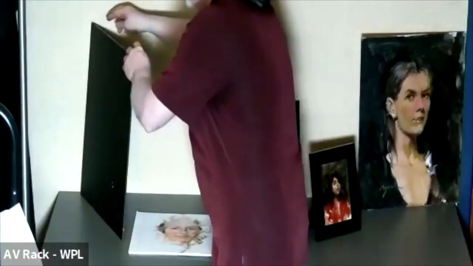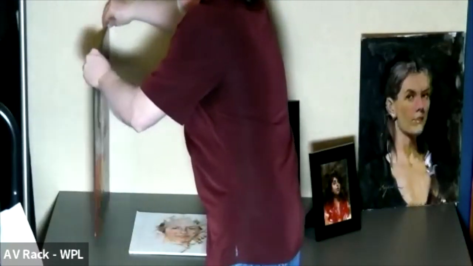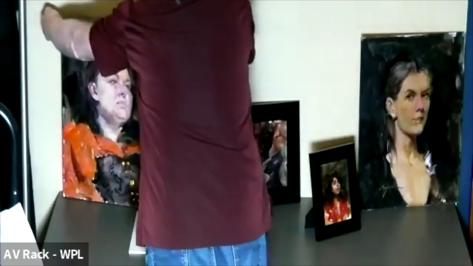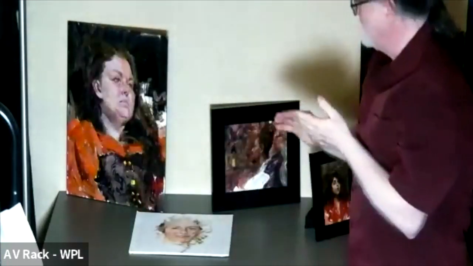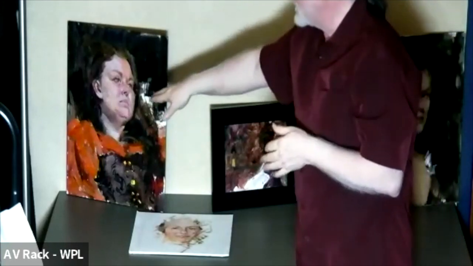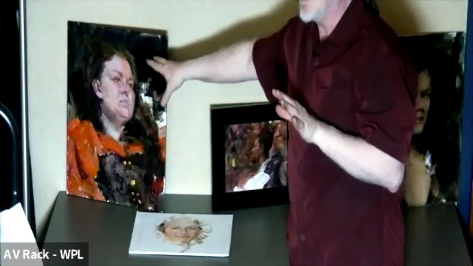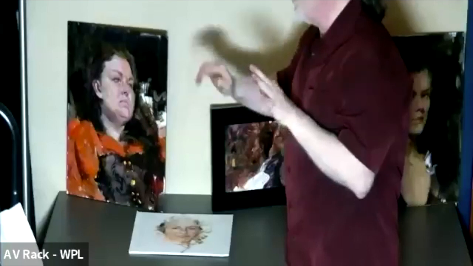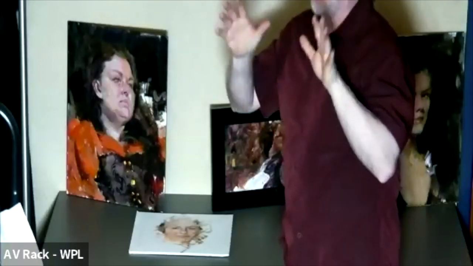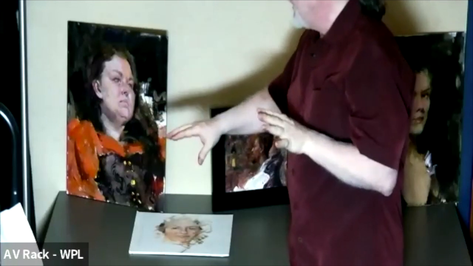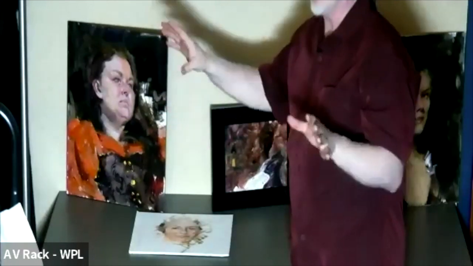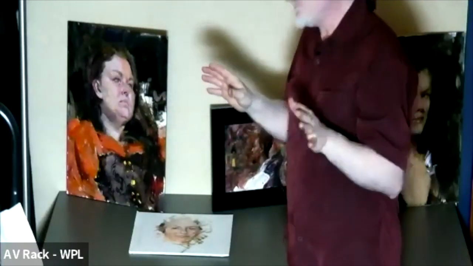These are recent paintings. Try to get some glare off of them. This one is lit very much like the one I'm doing now, with the light very close to me and kind of flat, very designy. You could see that the areas of light are relatively flat.